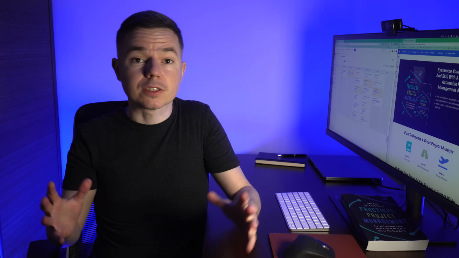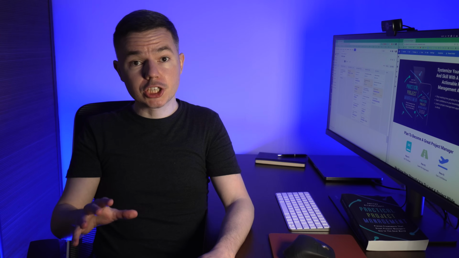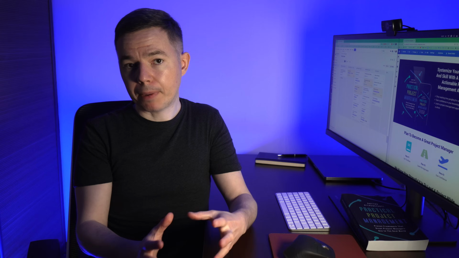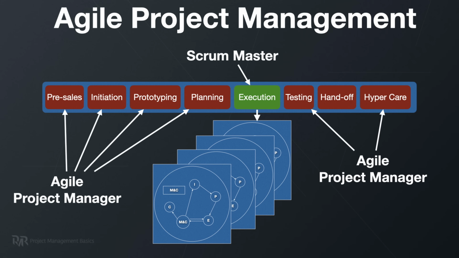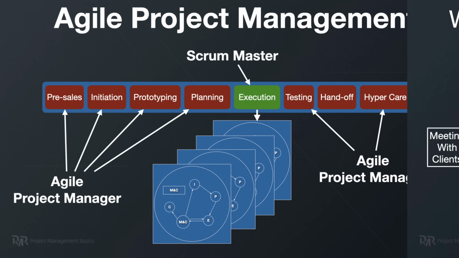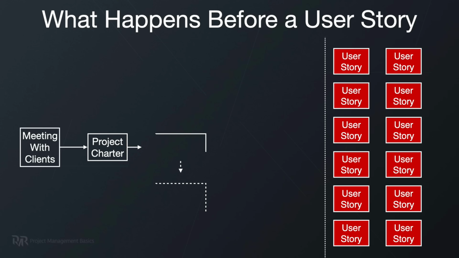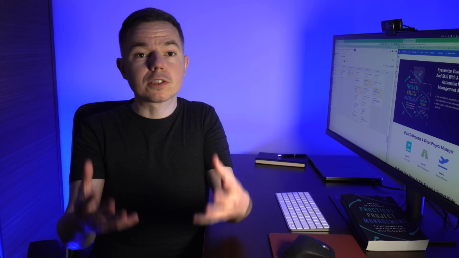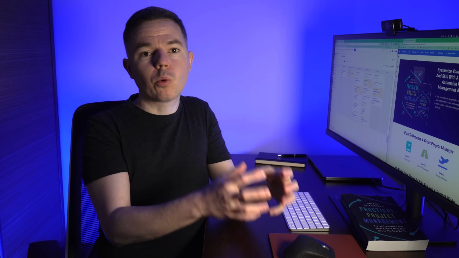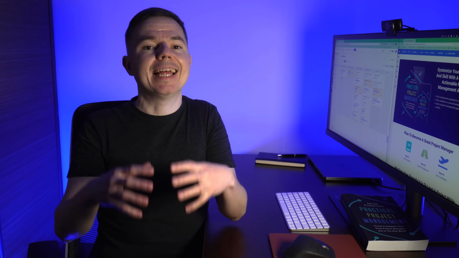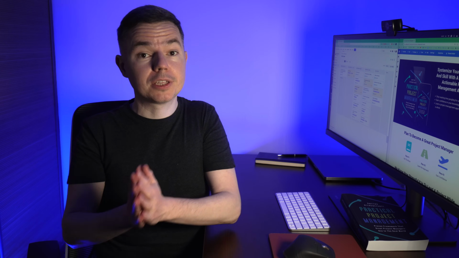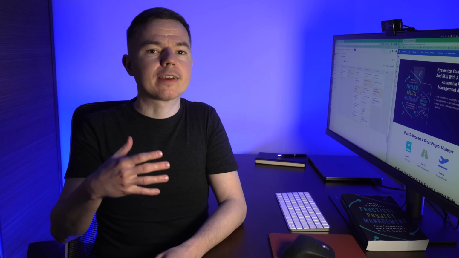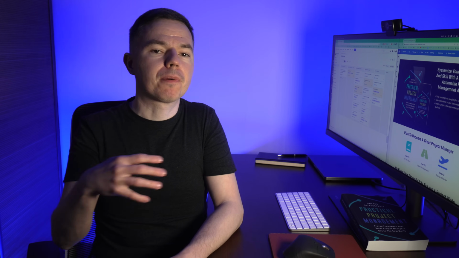But first things first, when you start a project from scratch, there are many ways to organize your backlog. For example, if you follow an agile project management approach, start with epics. You may already have a project charter, requirements traceability metrics, or just some notes from initial meetings with customers. That's why you have an opportunity to organize stakeholder requirements into epics. This is an excellent example of project integration because you move stakeholder requirements as is into a project management tool.